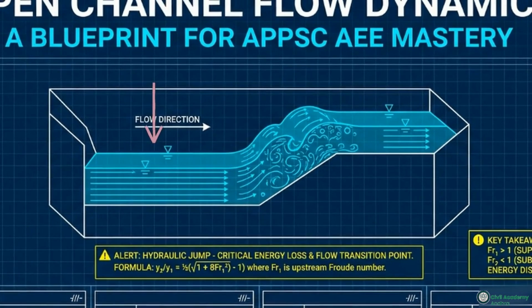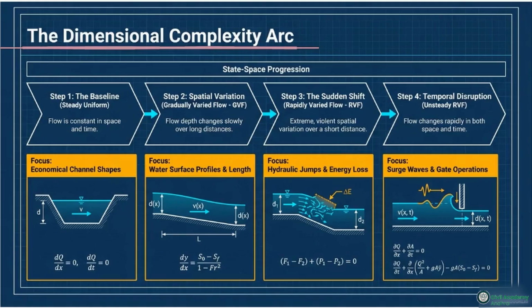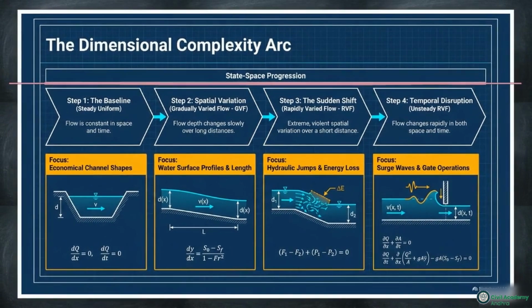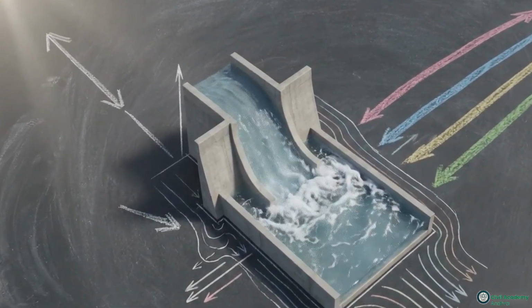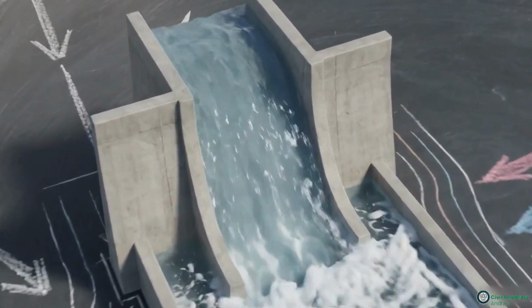At different points in the same channel, a stable, uniform flow can transition into a gradually varied profile before hitting a terminal hydraulic jump. The dimensional complexity arc breaks the engineering math into 4 progressive stages, starting with the uniform baseline and moving through spatial variation, rapid disruption, and finally temporal disruption. This space-state progression serves as the diagnostic framework for the entire engineering discipline. Correctly identifying where a physical flow phenomenon sits on this theoretical arc is the only way to apply the correct